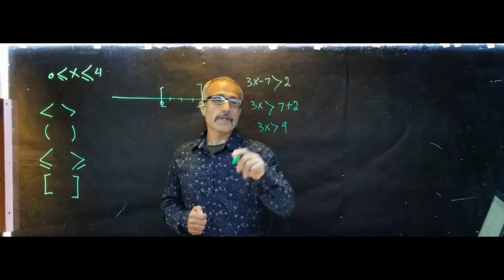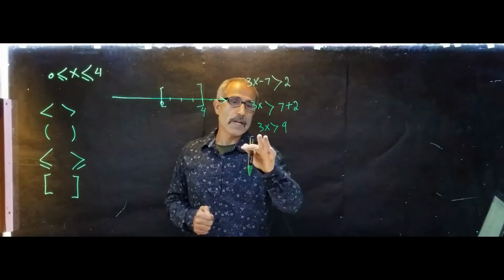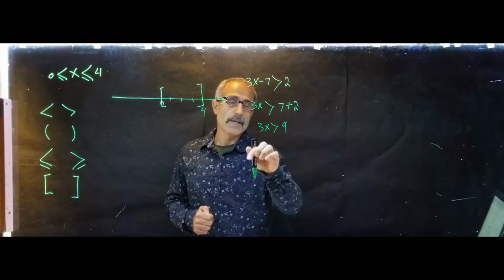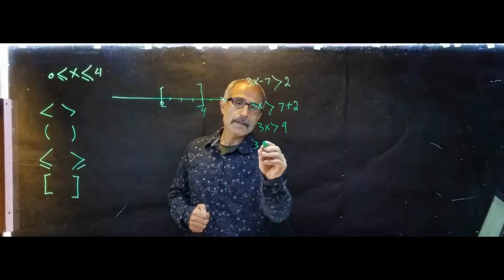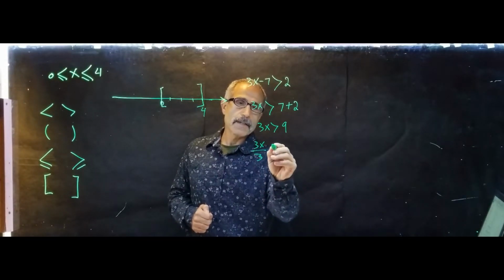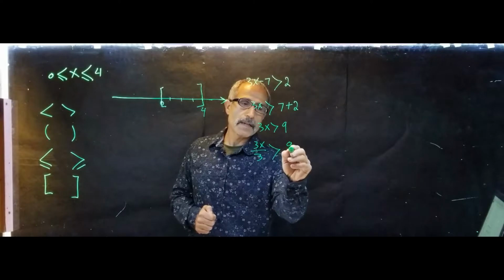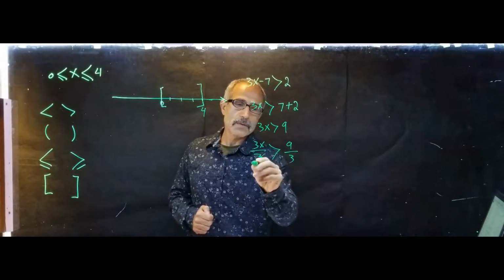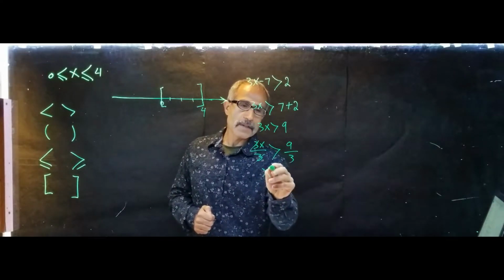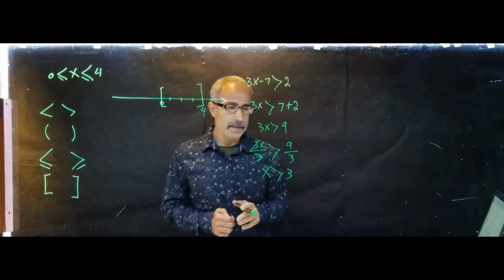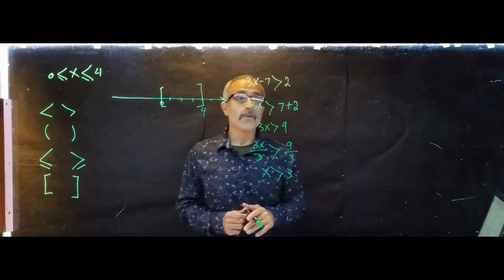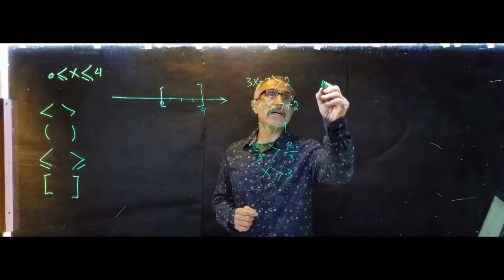Now I want to get rid of 3, so what do I do? I divide both sides by the number 3. So 3x divided by 3 bigger than 9 divided by 3. These two cancel each other out. I have x is bigger than or equal to 3. So there it is, and if you want to graph it, it would be like here,